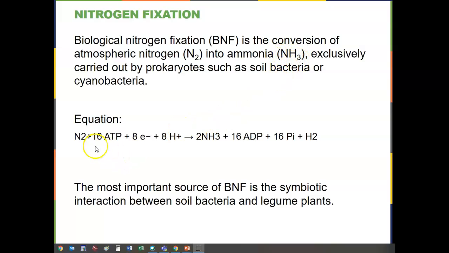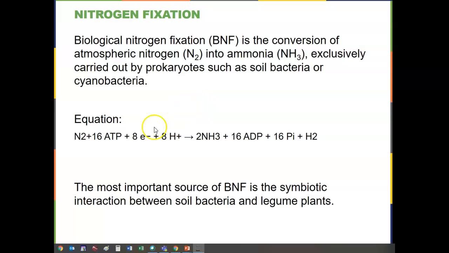And that costs, as you can see right here, a lot of ATP. This is a very expensive reaction: 16 ATP to take one N2 gas molecule and get it into a soluble form. 16 ATP, that's terrifically expensive. And so the only reason these bacteria do it is because otherwise they don't have any ammonia either. They've got to have it, and they spend a terrific amount of their metabolic energy fixing that nitrogen into a